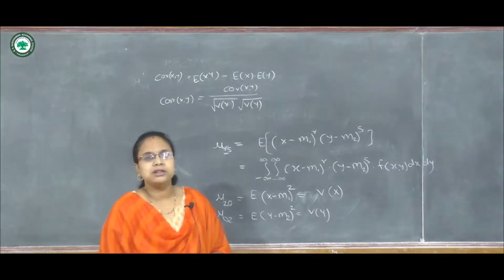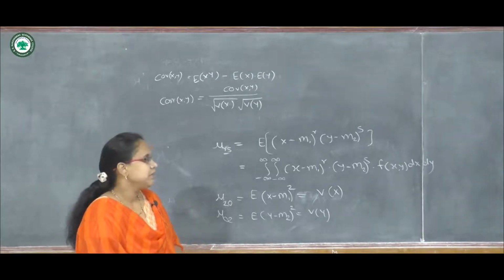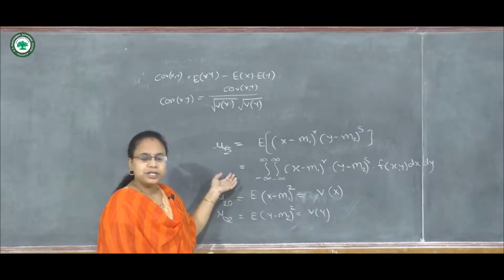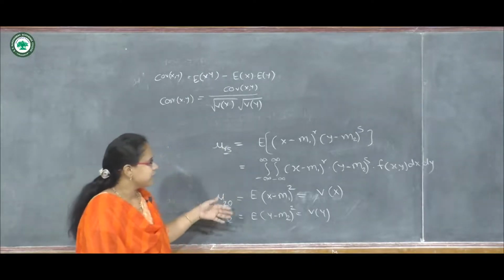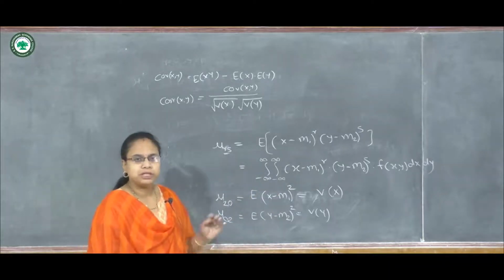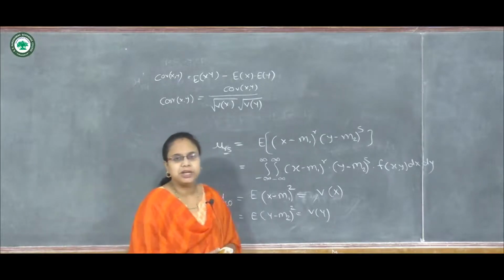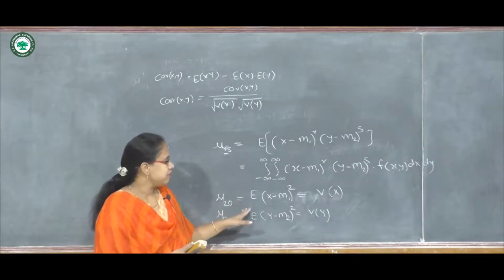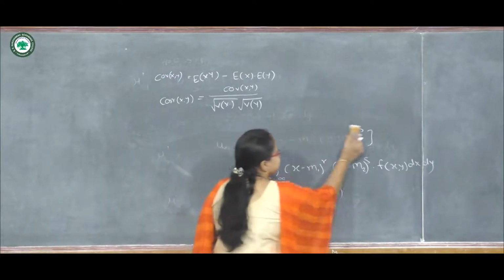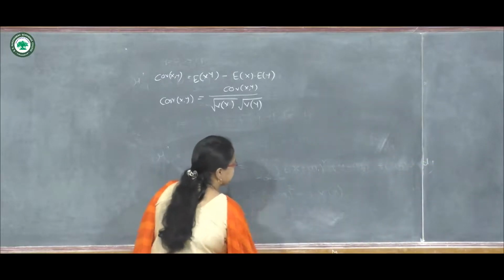So these are the basic concepts which we have already learned in first year BSc, but how to calculate it for a continuous distribution is taken here. So we have to take the double integration instead of the summation used for a bivariate discrete random variable. Here the bivariate random variable is continuous, that's why we are taking its integration. So this is all about the moments of bivariate random variables.